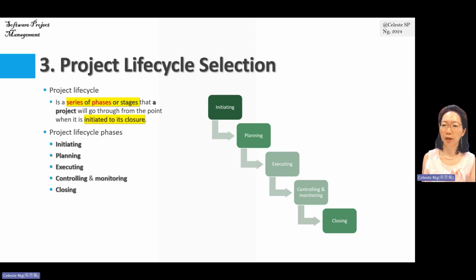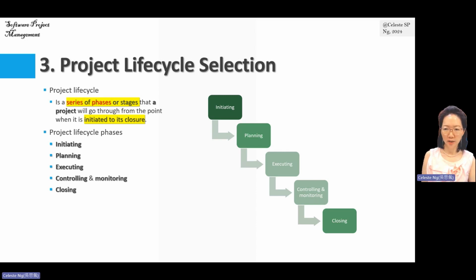In the planning phase, the whole project management plan is developed. Inside a project management plan, we will have the project scope management plan, project schedule or time management plan, project risk management plan, project procurement management plan, project stakeholder management plan, and various other types of management plans.